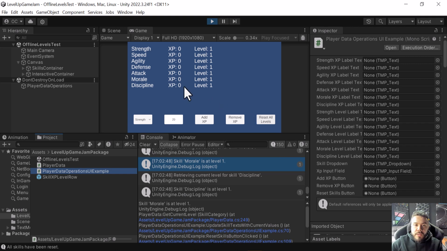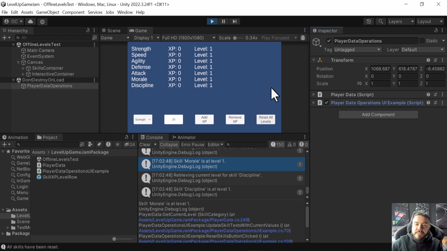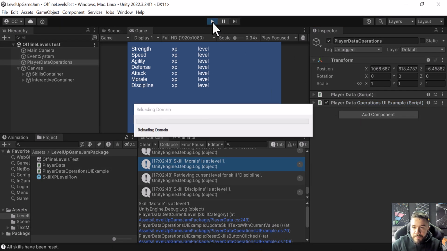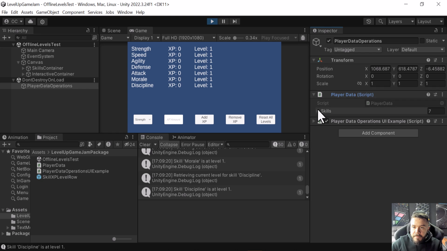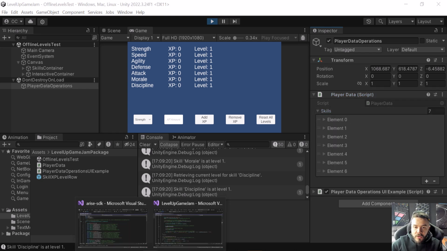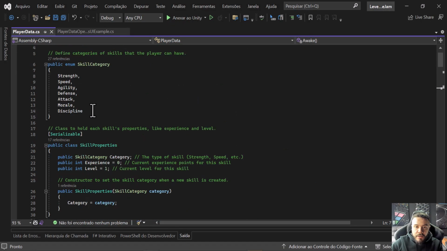You can visually check that here on the inspector. So if I play the game, then I open the player data, I have my 7 skills. Those skills are here, my skill properties.